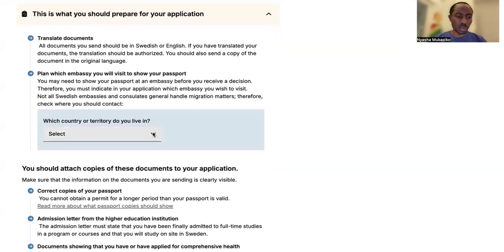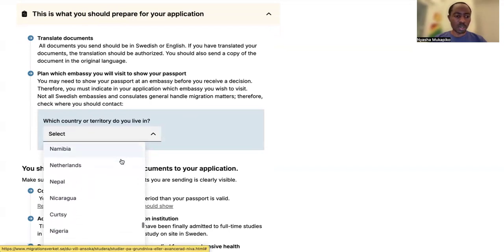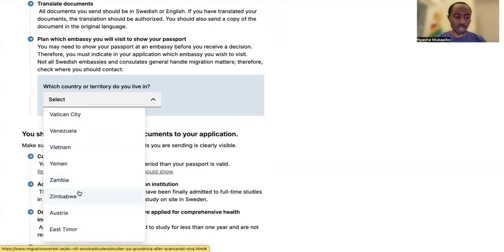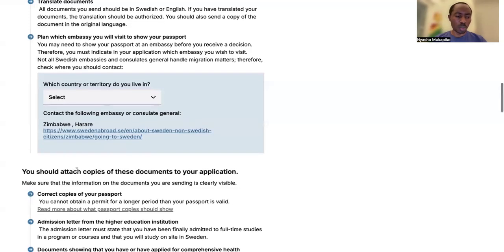So if you select your country here, for example, I'll select Zimbabwe, which is the country where I am originally from, it will give you a link to the nearest Swedish embassy in your home country. So it all depends.